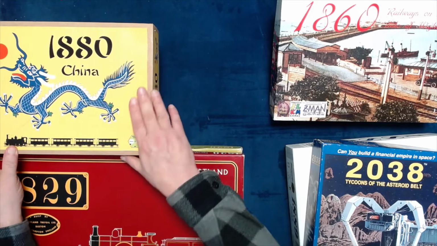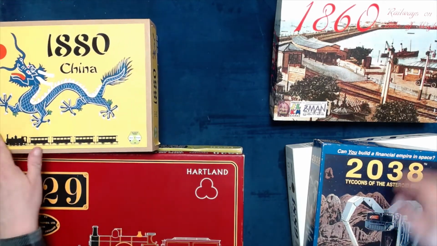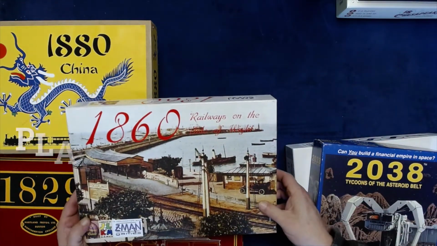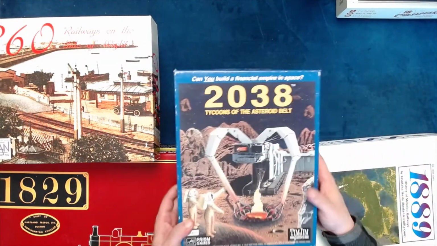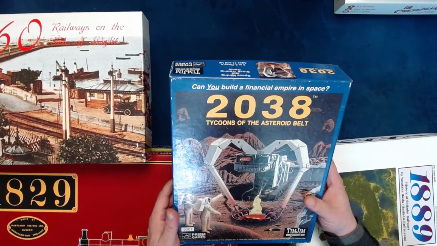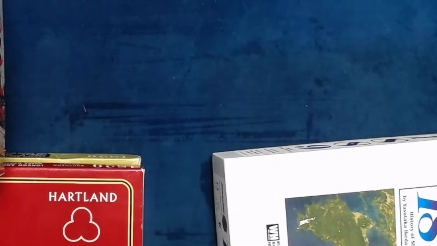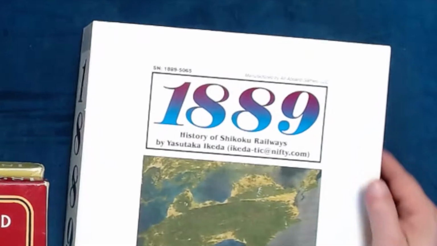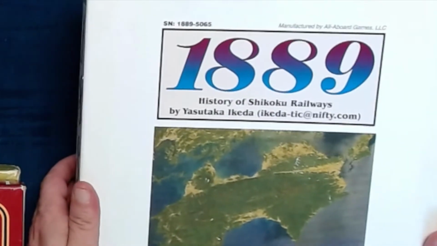1880, which was recommended by many people, and I really enjoy that one. I actually purchased 1860 as a two-player game originally. 2038 is an interesting title. It's fun, a little bit more randomness than some people like. And of course, the very first game I purchased, which was a Deep Thought copy of